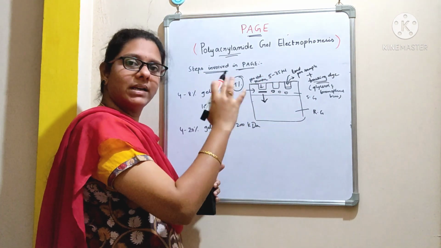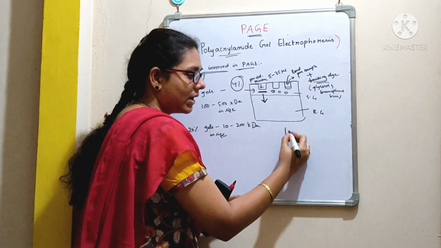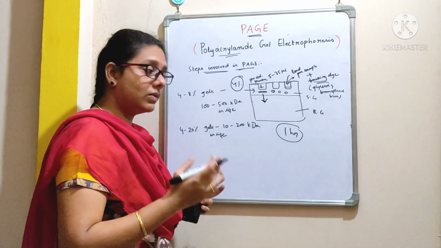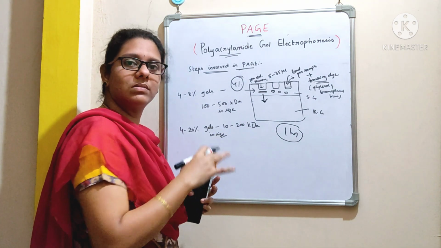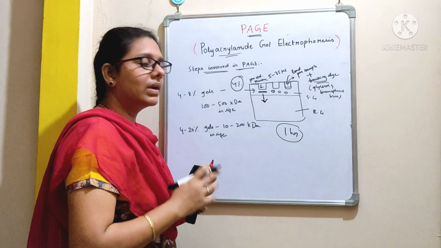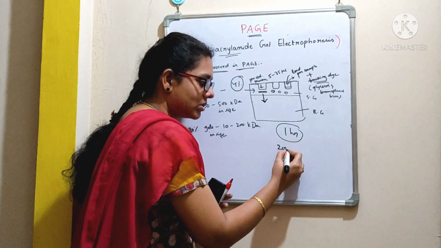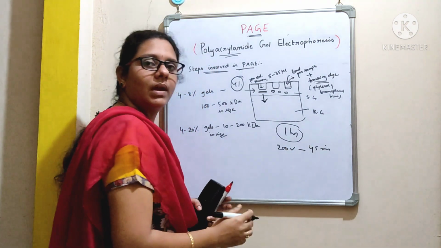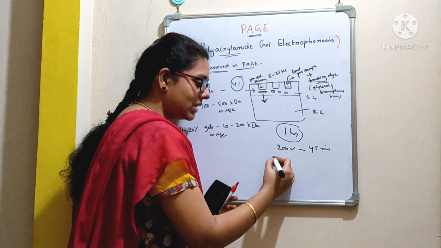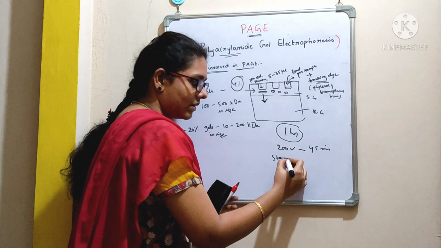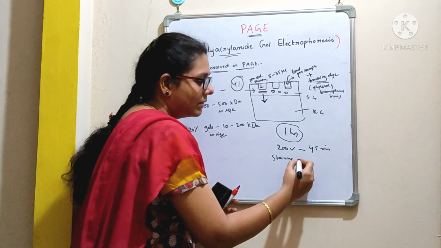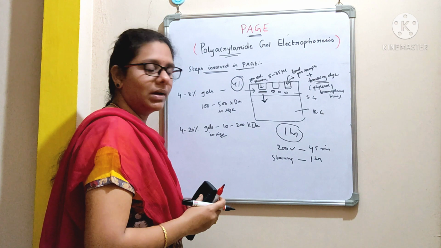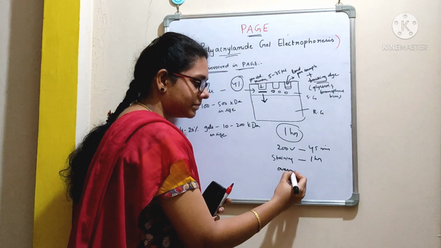And for this entire setup and preparation, it may hardly take around 1 hour to prepare a gel and allow it to set. Even we have to prepare the samples. All this may take up to a period of 1 hour. And then to run at a voltage of 200 volts, it may take around 45 minutes. After running the gel, you have to go with the staining with Coomassie Brilliant Blue. That takes around 1 hour, and again followed by the destaining step, which may take around overnight.